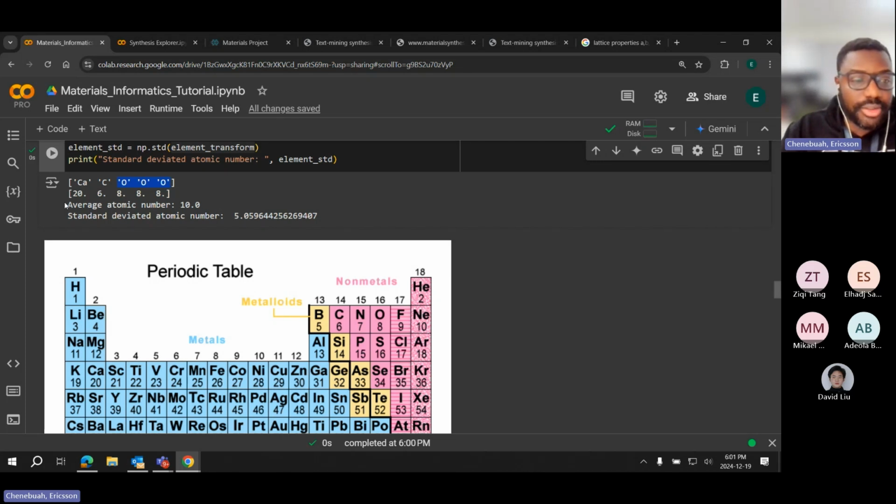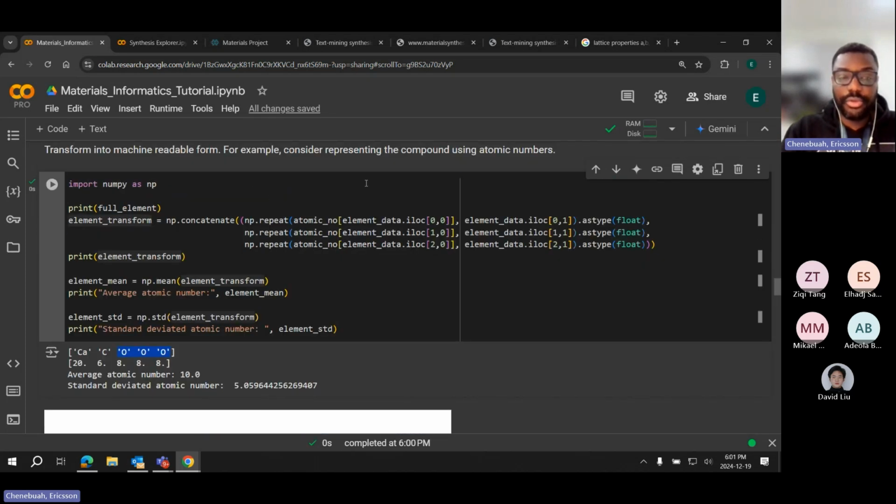And then I can compact it. What is the average atomic number? That's 10. The standard deviation of the atomic number is about this, right? So you can see that for this material, I've been able to encode it using the average atomic number and the standard deviation of the atomic number using these lines of code. When you go back, you can look into it to see what it does. It's just